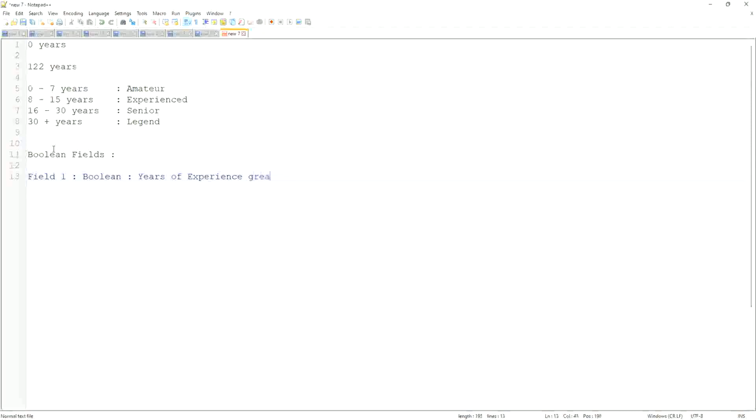Can we say greater than or equal to 0? And you remember how we wrote the Boolean: there was a rule, right. And years of experience less than